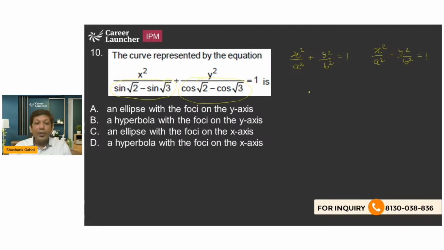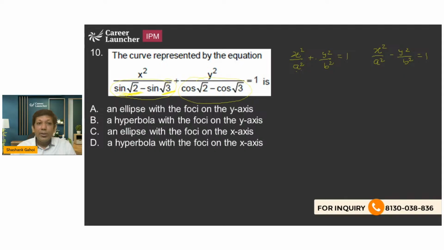और अगर एलिप्स मिल भी गया, अगर ये भी पता चल गया एलिप्स है या पैराबोला है, तो उसको सॉल्व कैसे करेंगे? अब उसमें भी क्वेश्चन तो सारे के सारे ऑप्शन एलिप्स और हाइपरबोला बोल रहा है, सो इसलिए ये क्वेश्चन डाउटफुल होगा। ठीक है। खैर, जब x स्क्वायर अपॉन a स्क्वायर प्लस y स्क्वायर अपॉन b स्क्वायर करते हैं, तो इसमें ये निकालना होता है कि a बड़ा है या b बड़ा है। ठीक है। अब वही चल के देख लेते हैं। अब यहाँ पे sin root 2, अब ये जो वैल्यू है ये डिग्री में नहीं है, ये रेडियन।